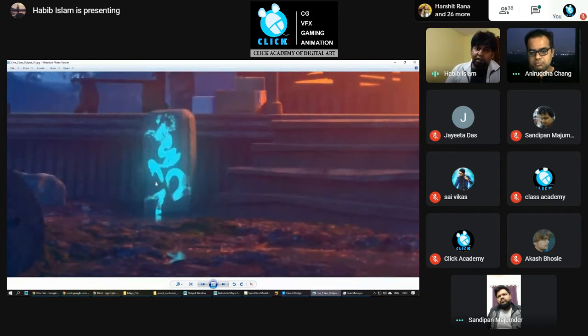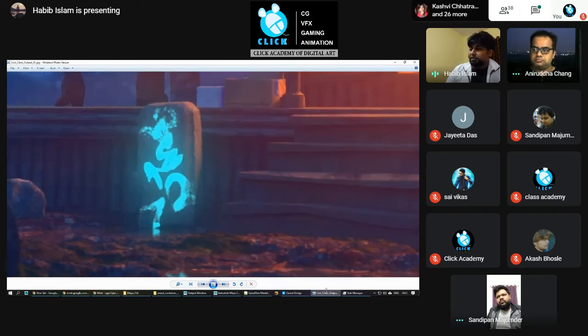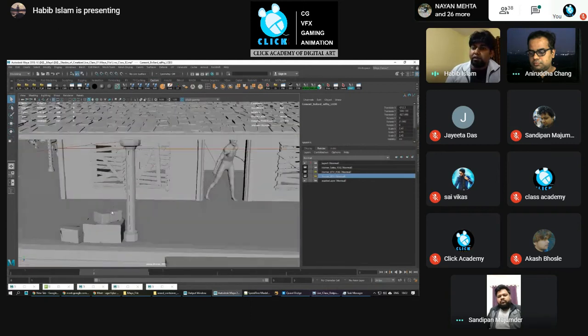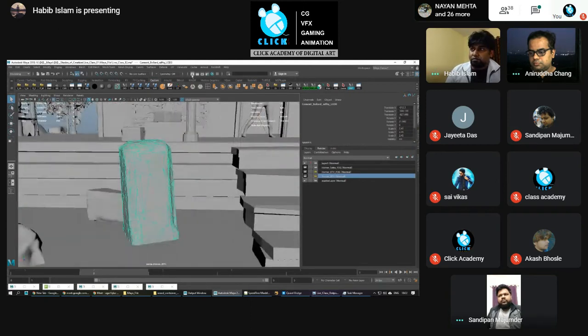So this kind of thing, obviously you need to do manually. There is no process. You can create this glow from that particular software only. This is the process. I extracted the red texture from that software, then did the proper shading for the emission, then rendered. So this kind of thing you need to do manually only, and that will be your challenge, to take out the asset, put one light and render.